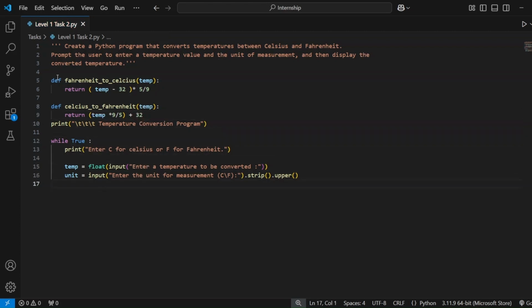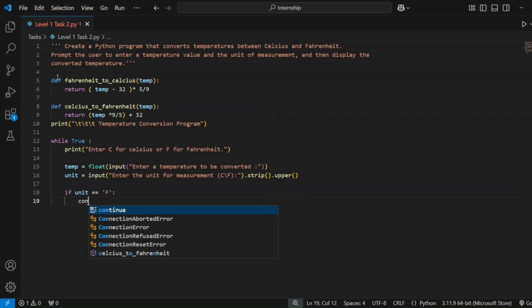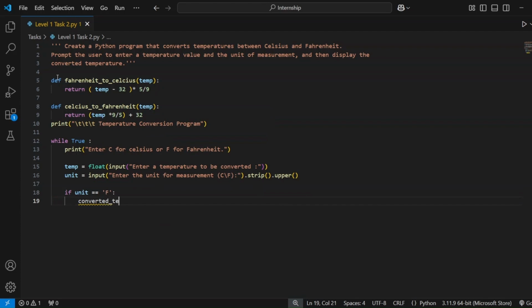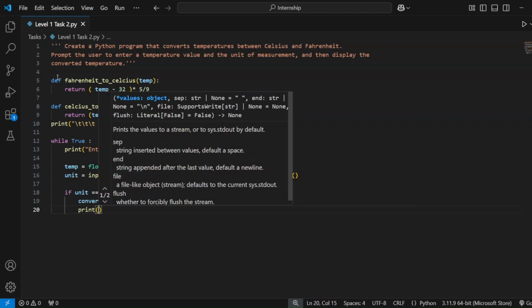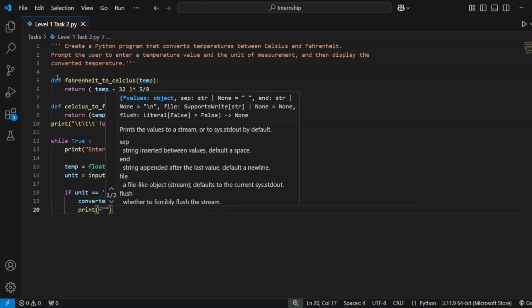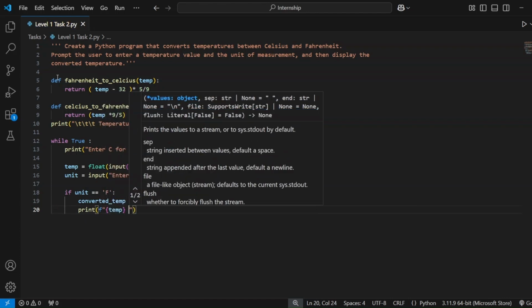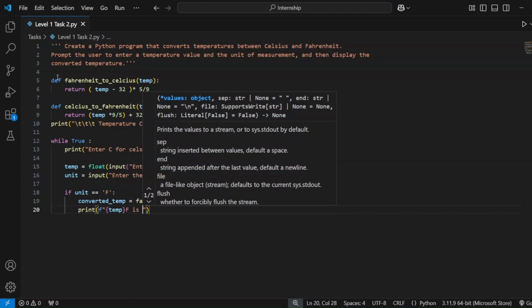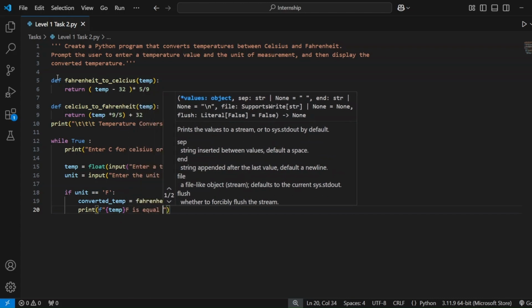So now proceeding with the further code, we will be using if statements to check whether the input of the user is F, which means that the converted temperature is Fahrenheit to Celsius. We will print the converted temperature with the help of an f-string, that input temperature Fahrenheit is equal to